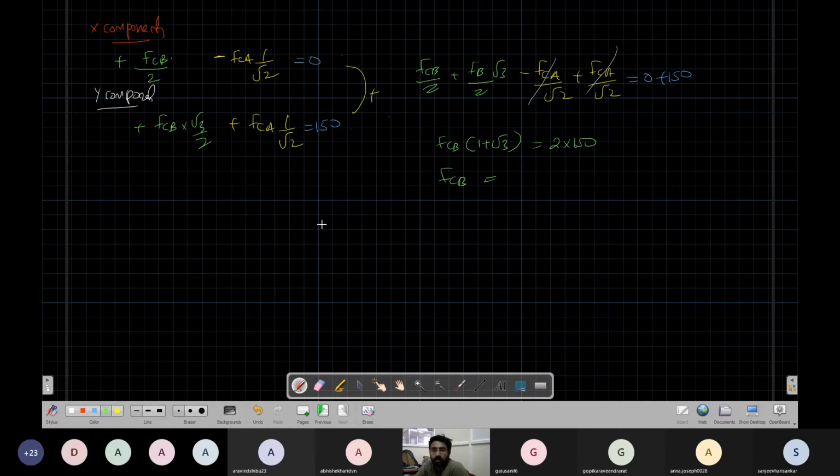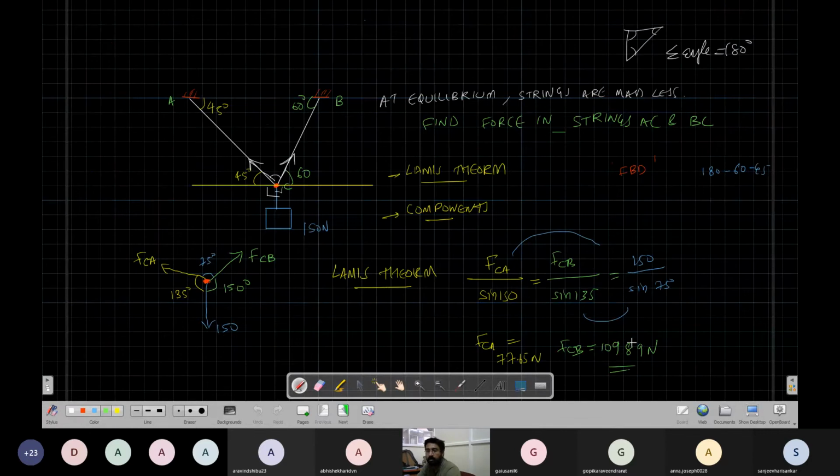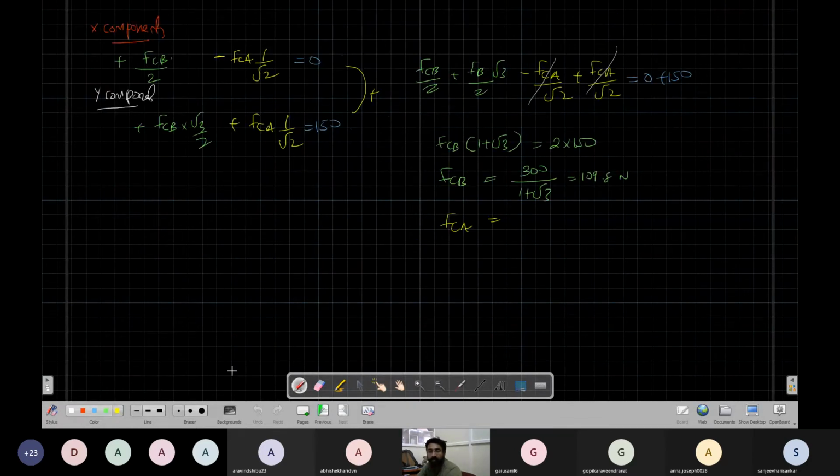Then you substitute in this equation to find FCA. Let me calculate. So this is 300 by (1 plus root 3). Correct? 109.8. Okay, the value is 109.8. So we can substitute in that equation to get FCA. So FCB is 109.8 and